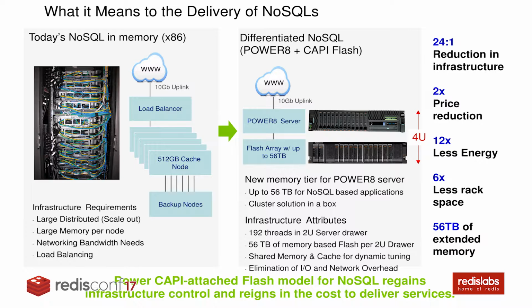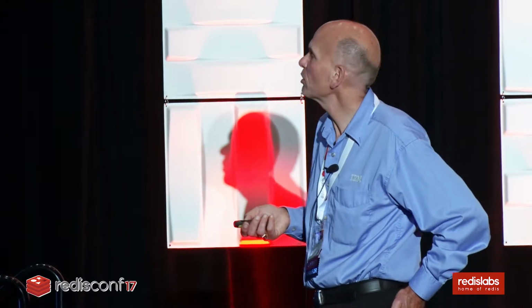So you want that differentiated, more condensed Power 8 server environment, up to 56 terabytes for NoSQL-based applications, with the CAPI reduction in CPU path length, flash technology to accelerate both your reads and writes, and then also the reduction in software cost and reduction in DBA effort, crit sits, and overall anxiety